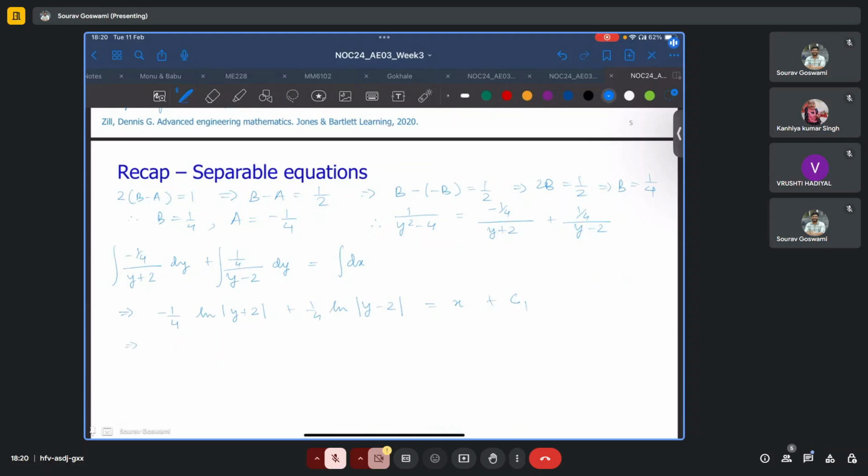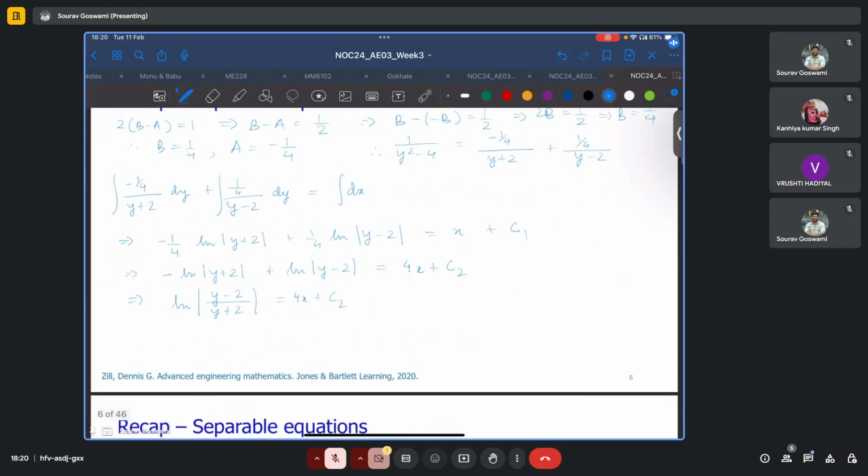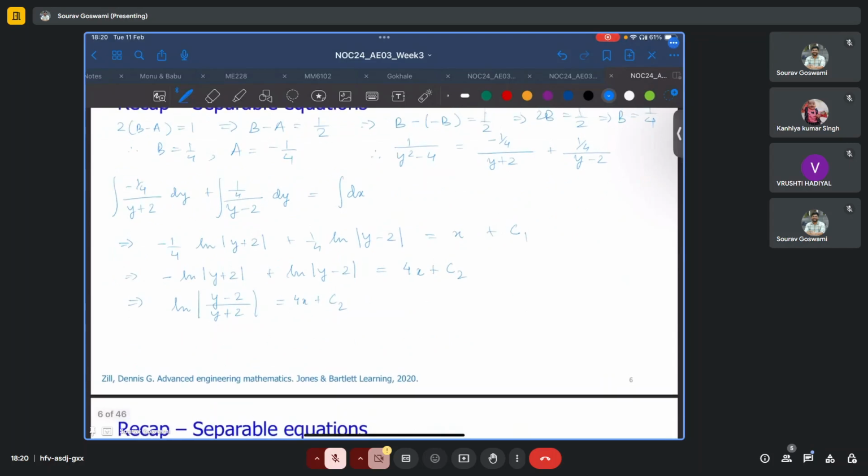In fact, we can also take 1/4 on the other side. So you'll end up with minus ln |y + 2| plus ln |y - 2| equals 4x plus 4C1, which we can call some C2. And from the rules of logarithms, this will in fact become ln |(y - 2)/(y + 2)| equals 4x plus C2. If we raise both sides of these equations as exponents of e, this will give us